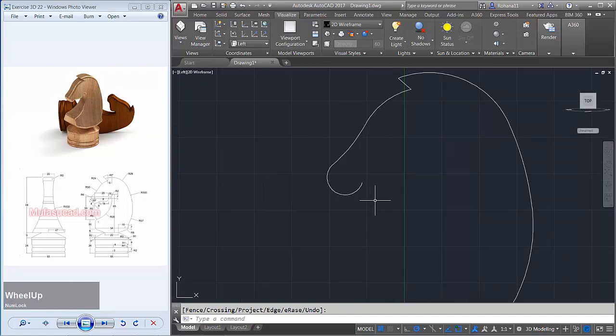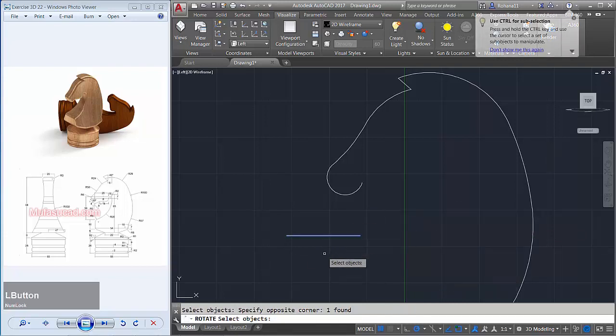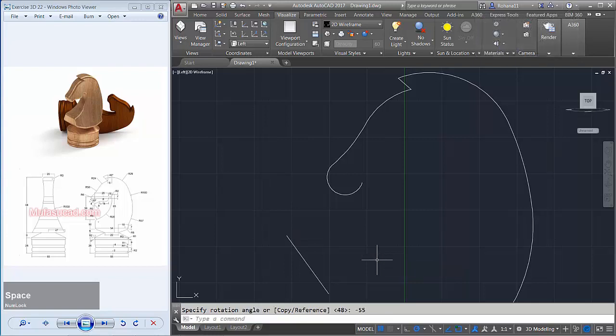I will create line from this point to here and rotate this line object from this point with minus 55 degree and enter. Use UCS command. I will select at this point to this point and into this point.